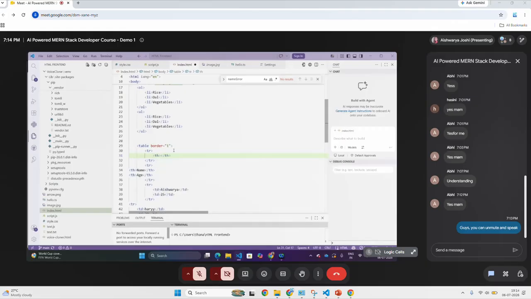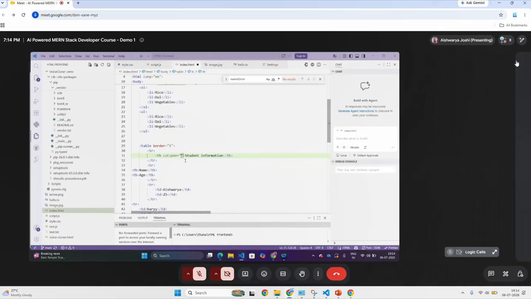You can give something like student information. Currently we have two columns and two table headers, so we are going to combine them together. Just give colspan, and you will get this as a suggestion. Just give it 2.